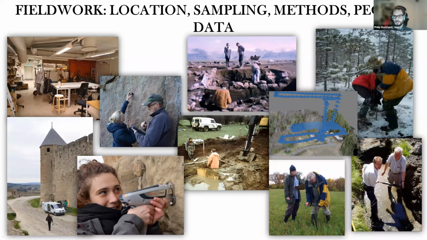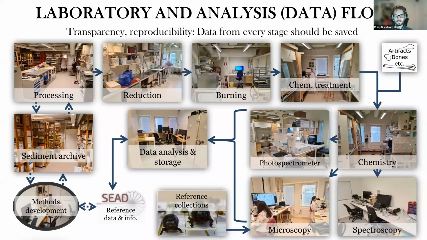It's quite muddy work, you could say. These samples come back to the lab, and this is pretty much standard for any type of lab. We have various ways of processing, reducing the samples. We will burn some of the samples or heat them. If we're looking for carbonized seeds, we want to get rid of all the moisture so that the samples don't go moldy, really, and we can extract the charcoal.